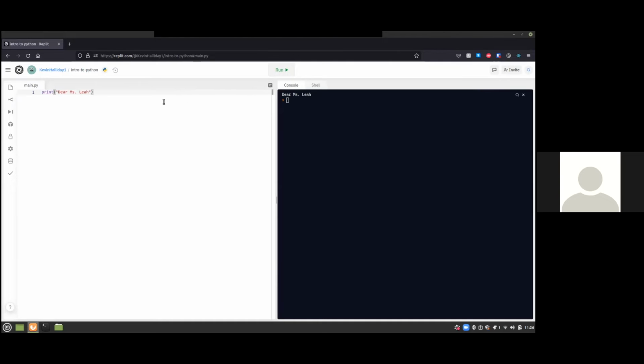And I don't know how much of what I said got through, but I think an easy way for us to think about this code here on the left is that our program is just instructions and data. There are things to do, and then there's data that you do those things on. And in this case, the data is our apology letter, or at least the start of it, right? It is Dear Miss Leah.